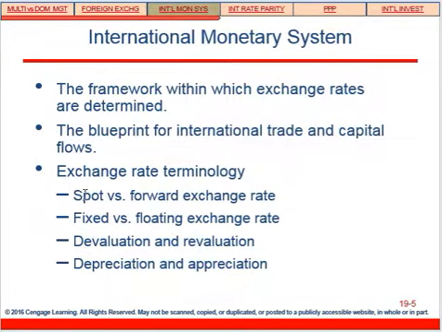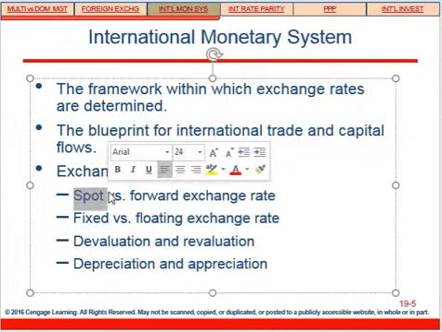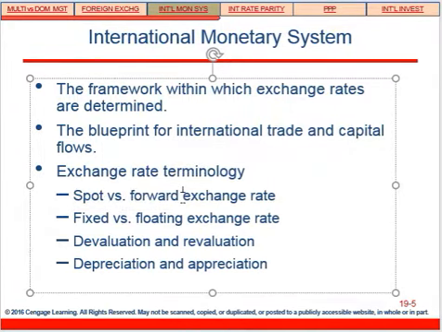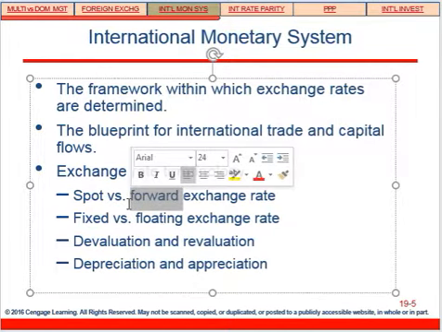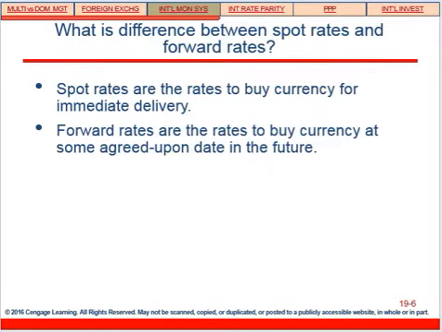Now, spot price is basically what you are exchanging in the market today, and forward price is what you are exchanging in the market today for a contract a year from now or 6 months from now. Hence, it's a forward contract. Spot rates again are what you are buying today, and forward rates are buy currency at some agreed upon future date. So what you're basically doing in a forward contract is, with the other party, you are shaking hands